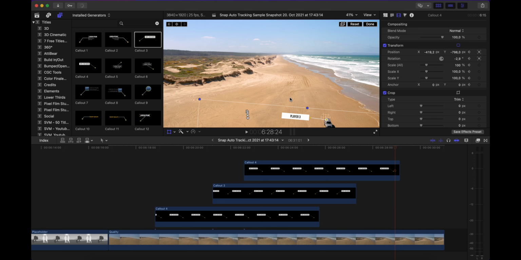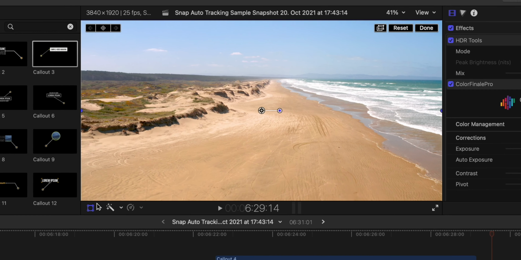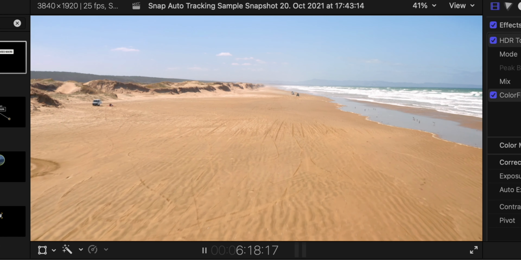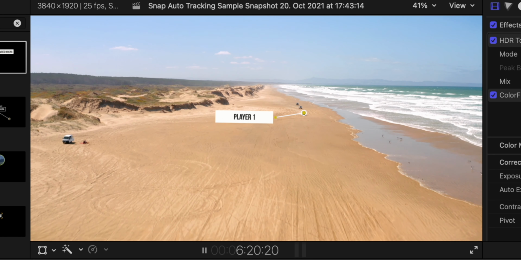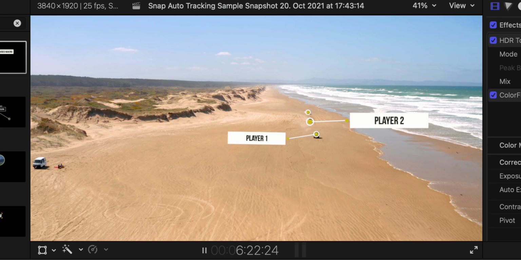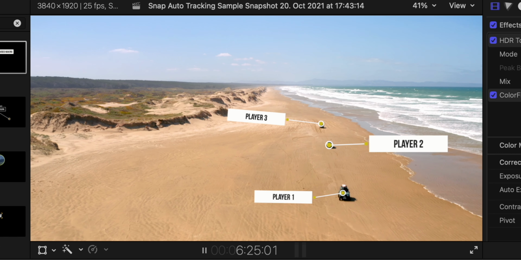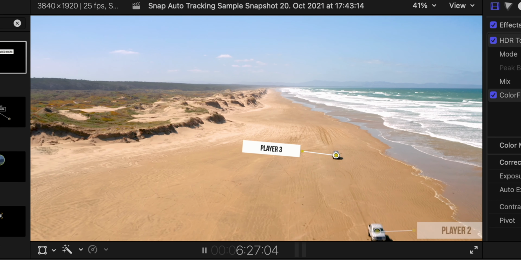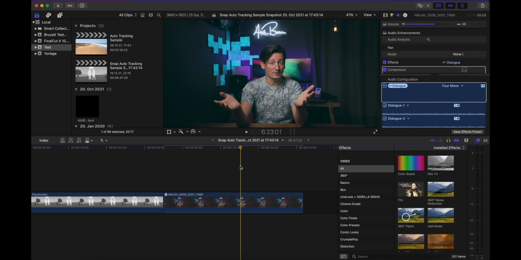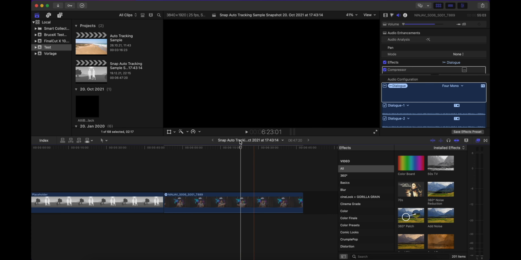Let's go back for a sec and once again, well, quick and dirty, but you get the point. Let's see how it now looks. Every tracker is now sticking to the individual car, and this way you can even out easily any imperfections within the tracking itself. Another thing we prior needed third-party apps for is the ability to pixelate people within our footage.